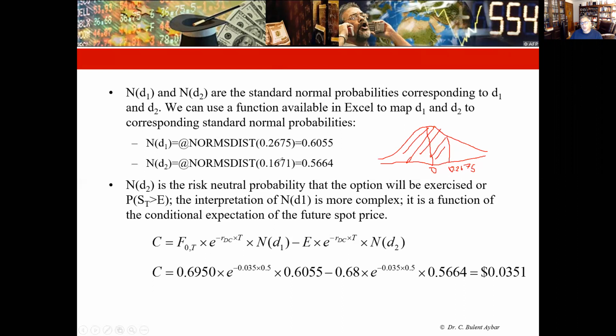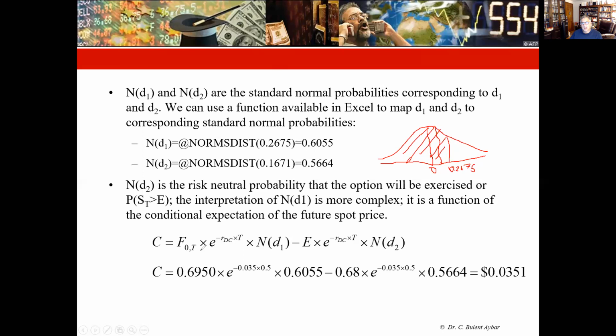The other one, 0.1671, should be somewhere around here. And the area below that is 0.5664. So 56% below, let's say, 0.1671, and 60% below 0.2675. So these are the probabilities that we get, and we